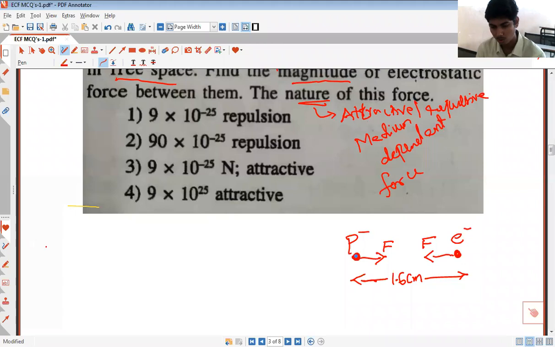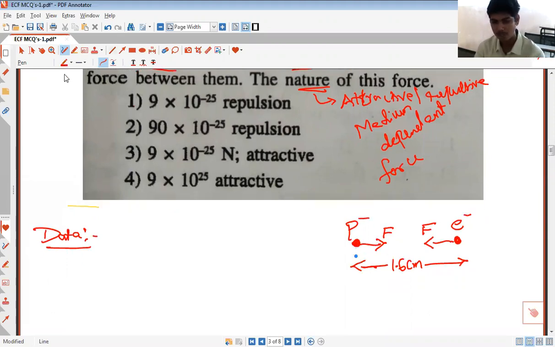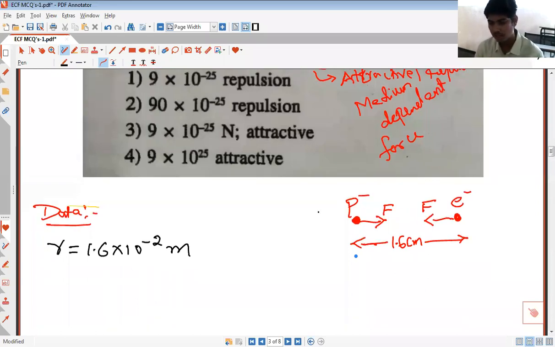So we'll try to write down what is given in the problem. In the exam you can solve it directly, there is no necessity to write the data. I'm going to write data to make things clear at this point, right? So what is given to us is the distance between two charges. The distance between two charges is given as 1.6 centimeter. 1.6 centimeter is nothing but 1.6 into 10 to the power of minus 2 meter. Always express the distances or any other physical quantities in SI units. This is the distance given. Charges given are proton and the electron. So proton is like Q1 and electron is like Q2.